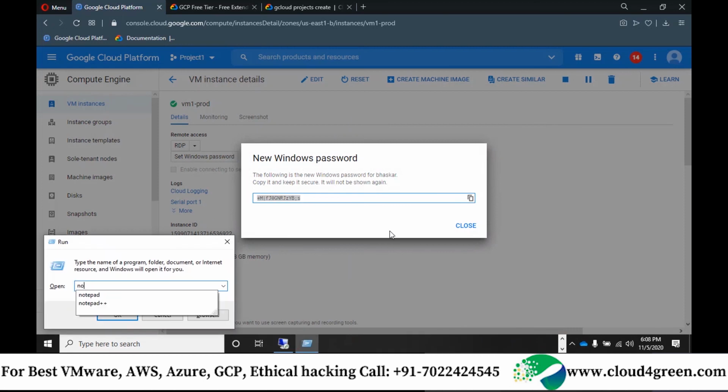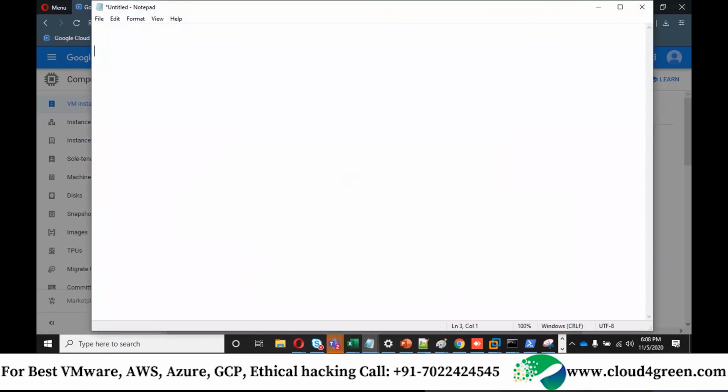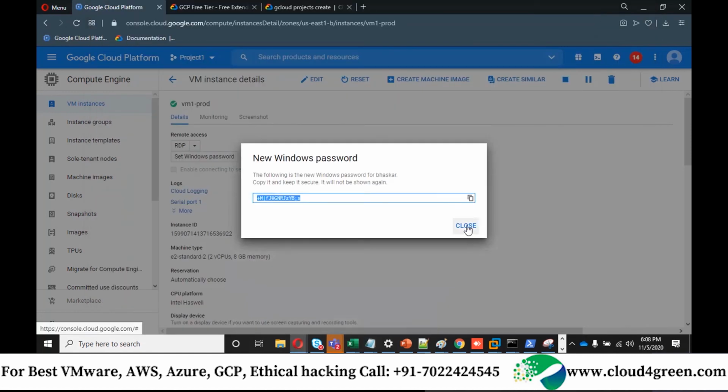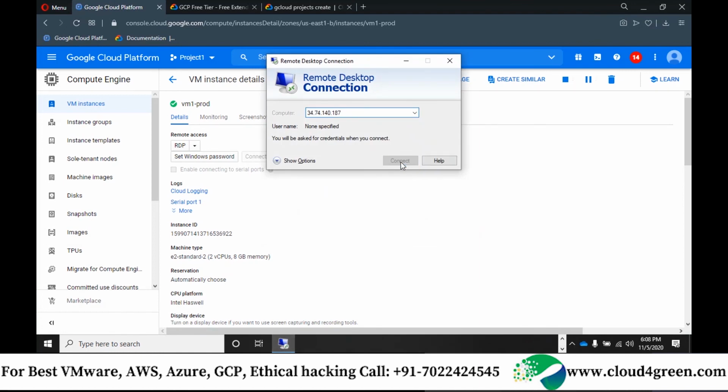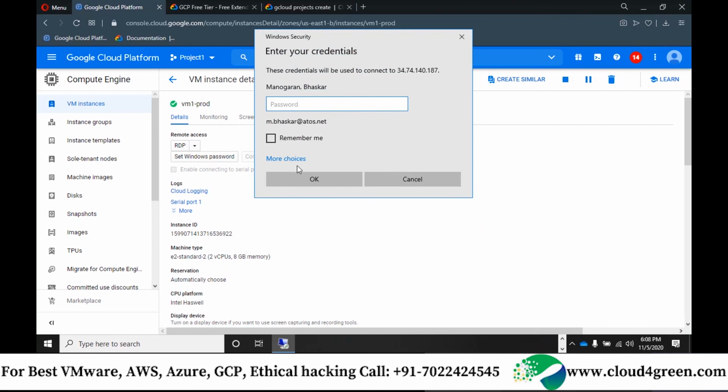The first thing I should do is kindly copy it and keep it in a notepad, because you would be using it multiple times, or you can put it in sticky notes or Notepad++. Now let me come back to my RDP screen and connect. It's allowing a connection.